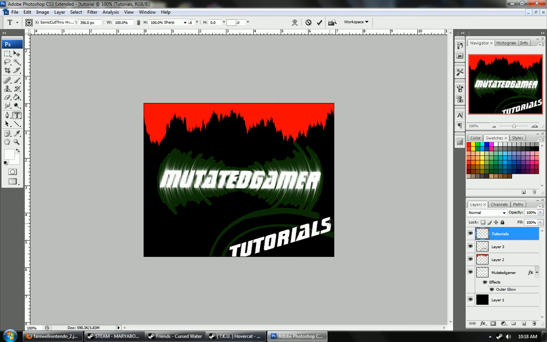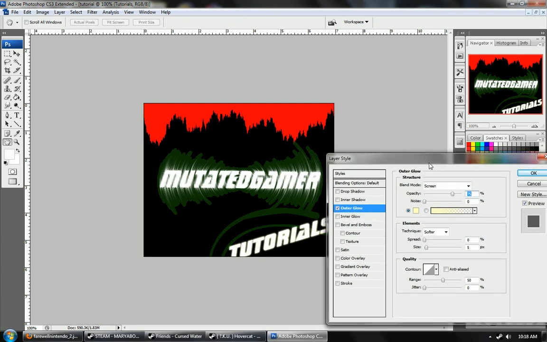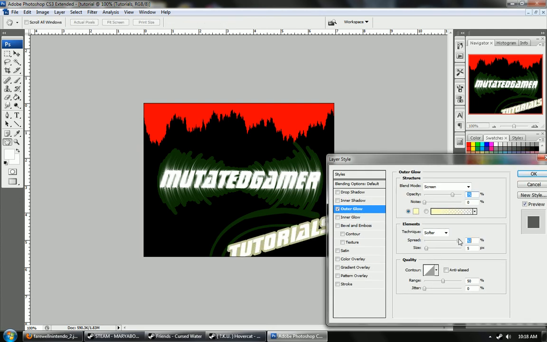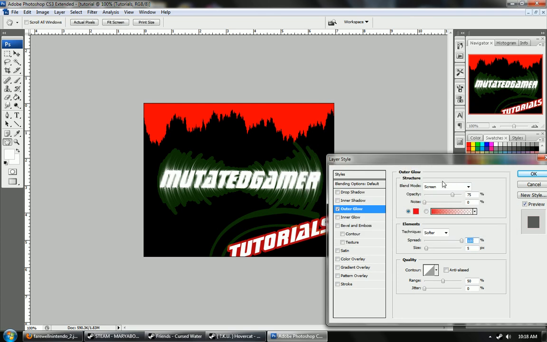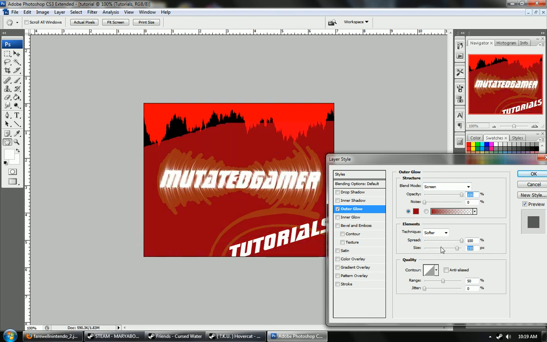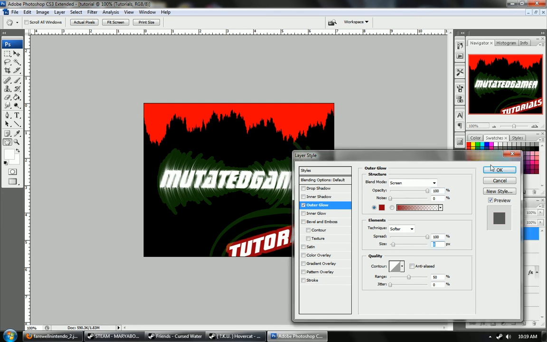and there we go. Hit enter, and now we can mess around with effects, outer glow if we want, and we can make it golden, or change it to maybe a red. And opacity, you can put the opacity up so it's brighter. Of course, you can change the color, anything you really want. Anything goes in here. Opacity you can turn down. So you basically get it. Size, I wouldn't really mess around with that. Just leave it right there. Then we can hit OK, and that's